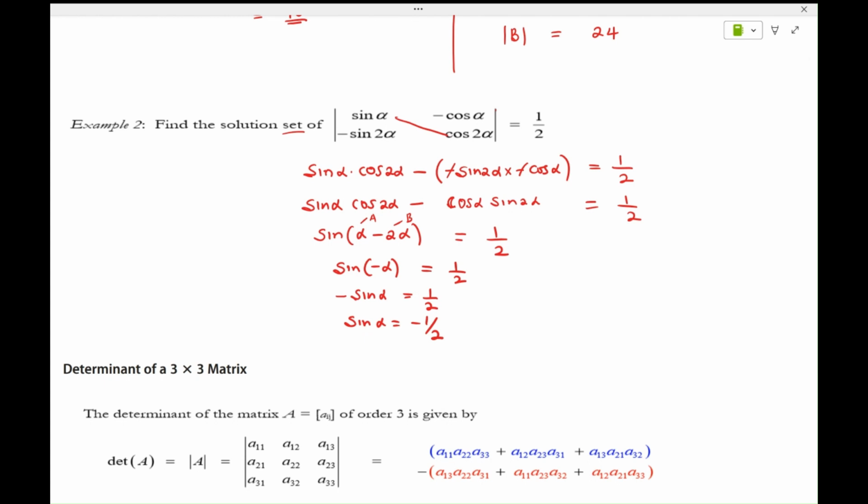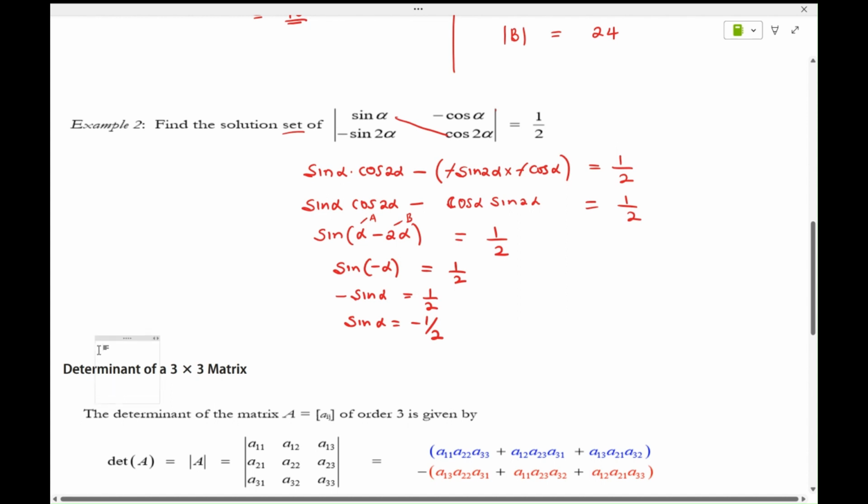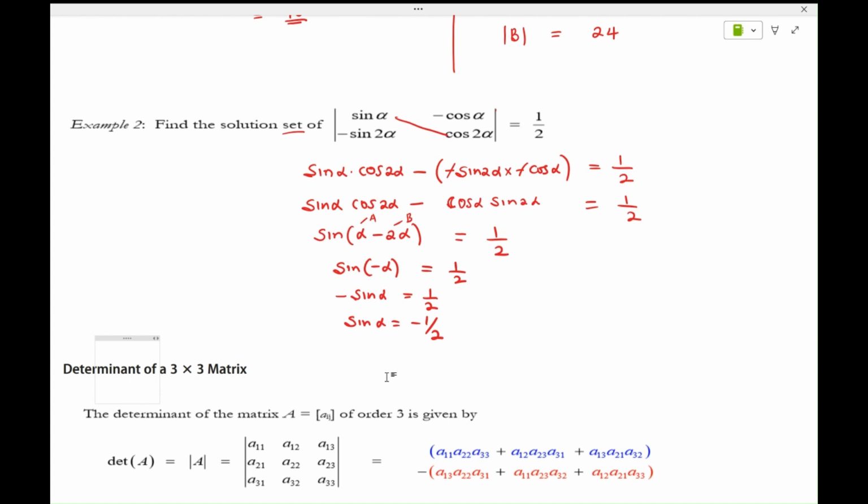Okay, but the question asks us to find what? To find the solution set. So if we're looking for the solution set, it means we need the solution, right? So what is it going to be? Here, if you remember, this is how to solve this kind of problem. We see that sine is what? Sine is negative in which quadrants? In quadrant 3